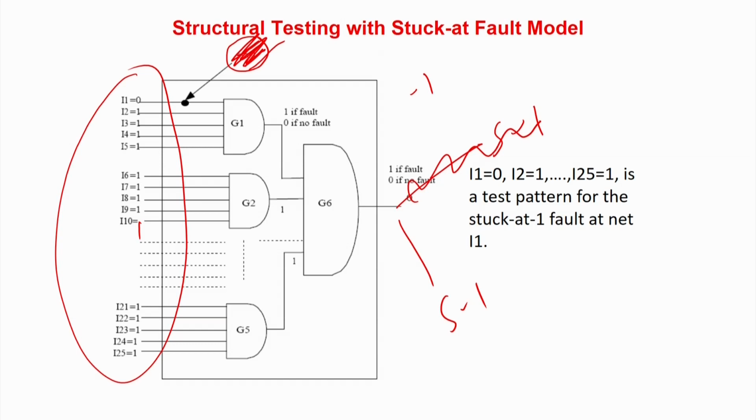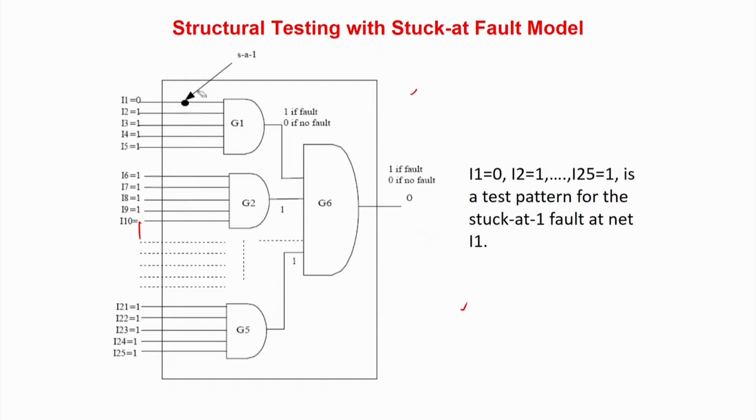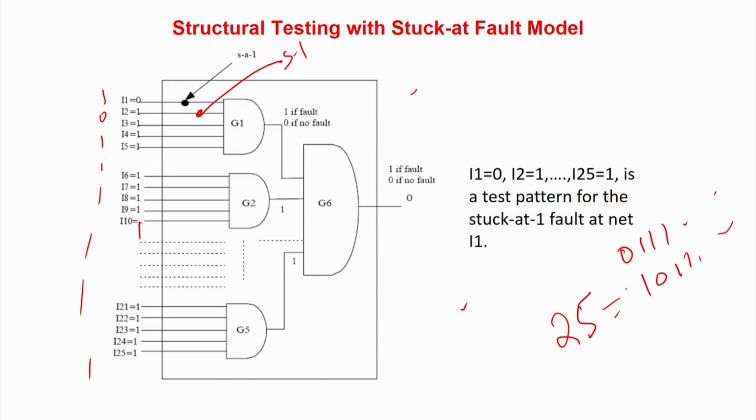Indirectly, what it means is this test pattern will test stuck at 1 here, stuck at 1 here, and stuck at 1 here. So one test pattern tests 3 stuck at 1 faults. Now, if I want to repeat this for this line stuck at 1, your answer will be 1 0 1 1 1 1 1 1. Repeating in this manner, you will find out that there are 25 lines. So 25 running combinations like 0 1 1 1 1, then 1 0. 25 such patterns will test the whole circuit for all points stuck at 1. So 25 plus 1, 26 patterns will prove that there are no stuck at faults. We started from 2 to the power 25, then we came to 196, and now we have come to 26 test patterns.